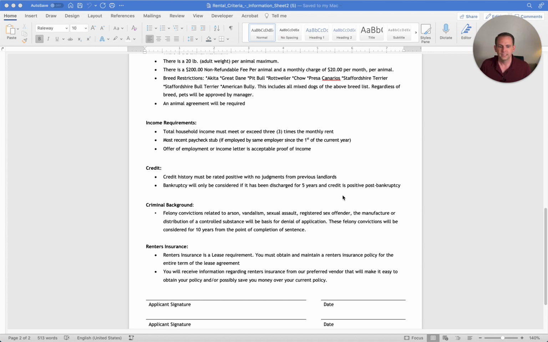Those will all be basis for denial of the application. And I also put on there what we're looking at. The felony convictions will be considered for 10 years from the point of the completion of the sentence. What I have run into in the past is that vague statement got us not necessarily in trouble, but put us in a weird spot, because